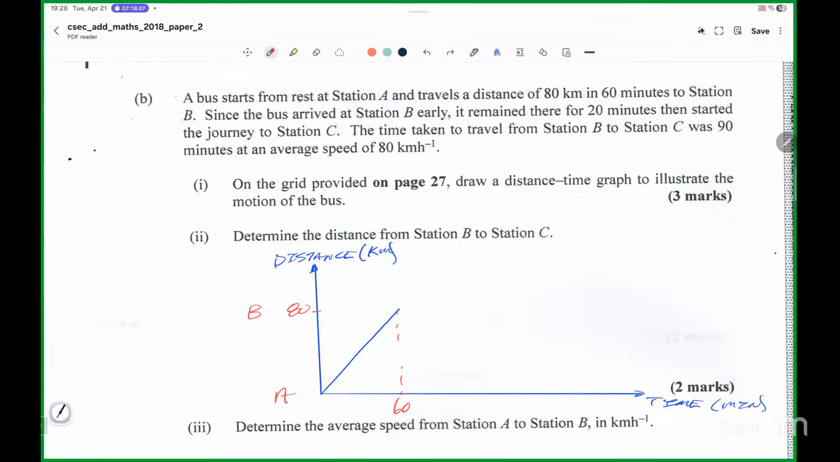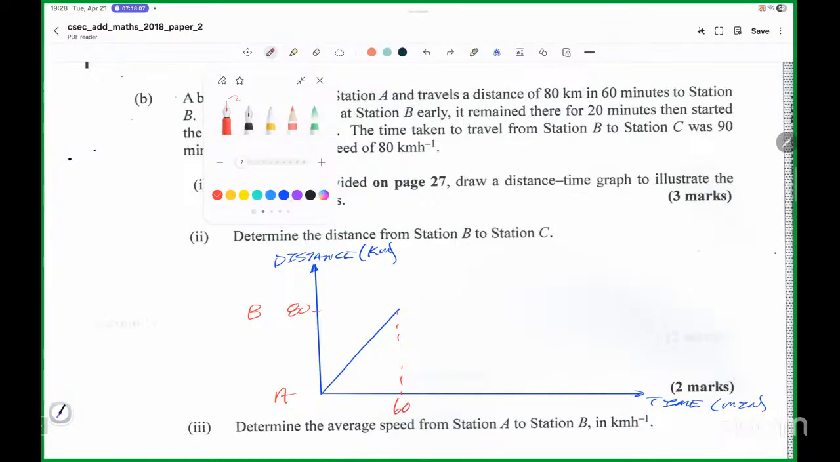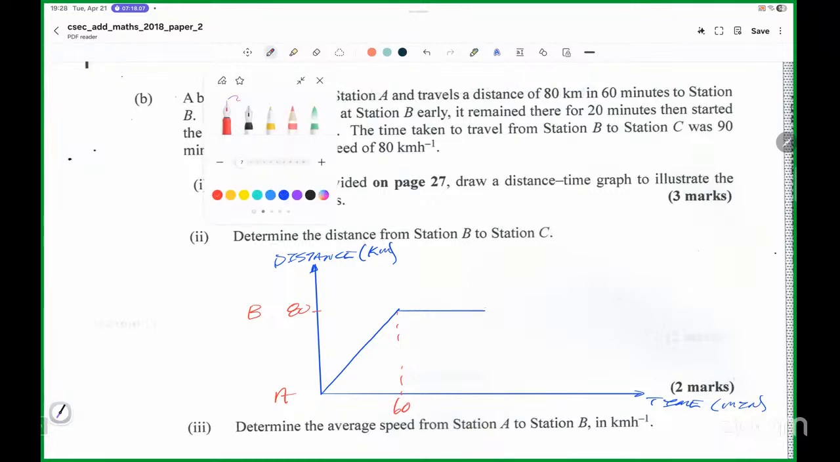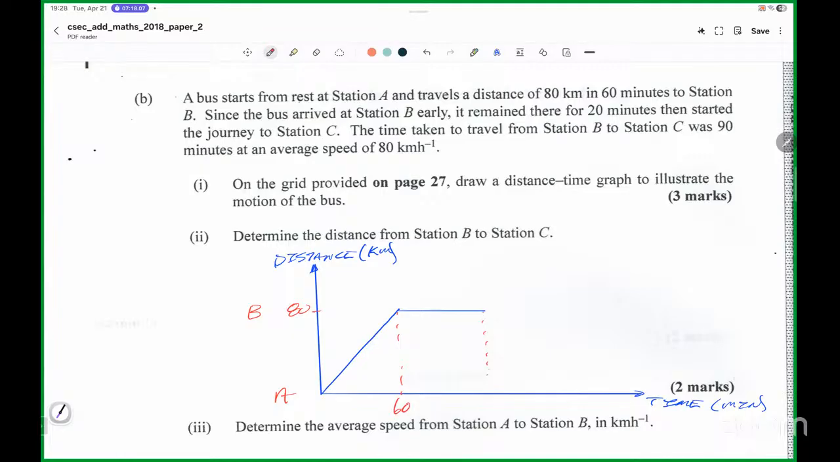Next part. It says, since the bus arrives at B early, it remains there for 20 minutes. All right, so it stays there for 20 minutes. See there? And this time, the distance stays at 80. It stays there for 20 minutes and then starts the journey to station C. All right, so I'm going to travel to station C now, further away. Let's see what it says about station C. It said the time taken